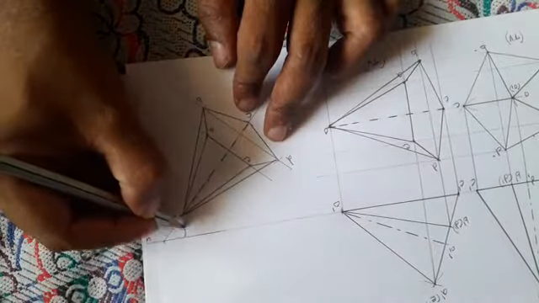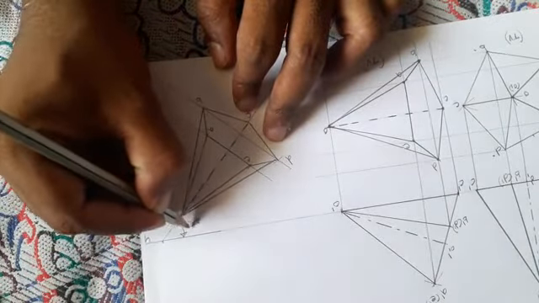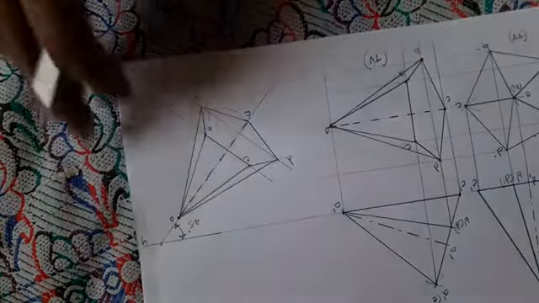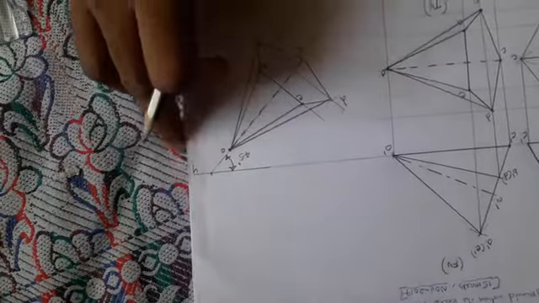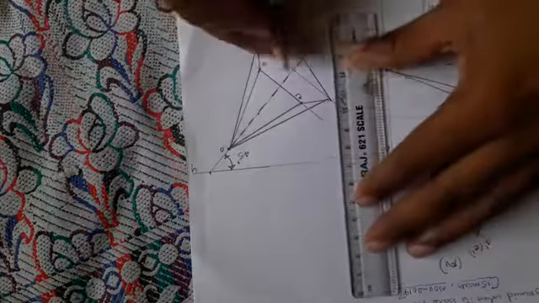So this is an angle 45 degree. Right? And the next procedure is required to draw the vertical line from each corner of the top